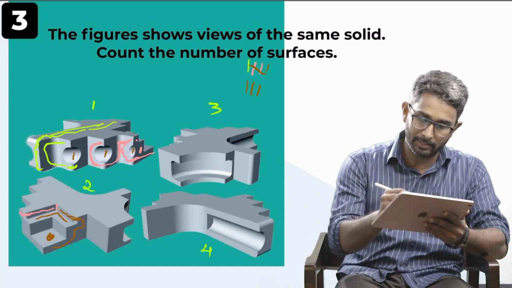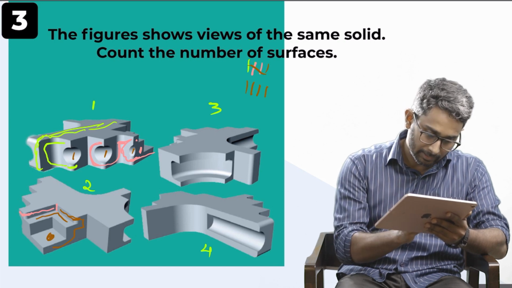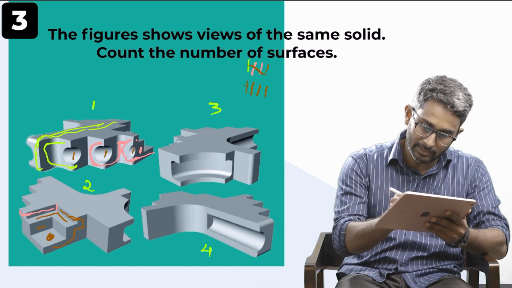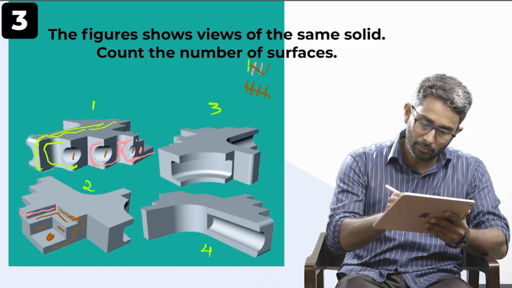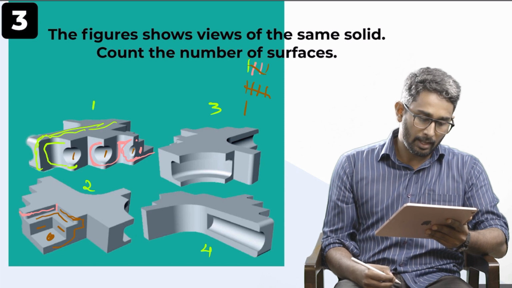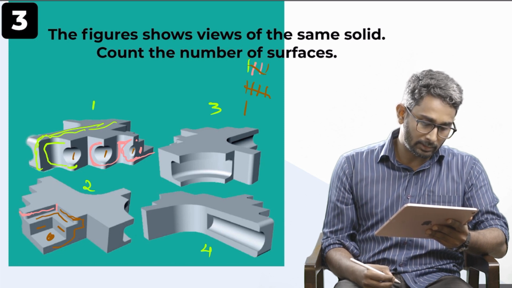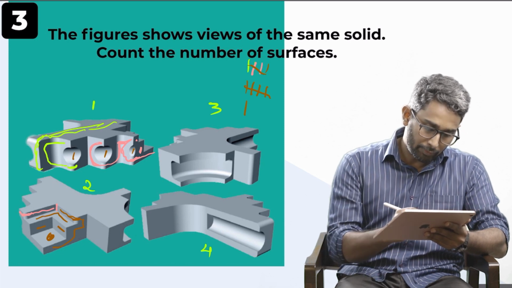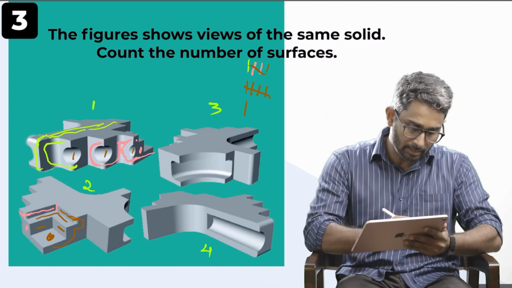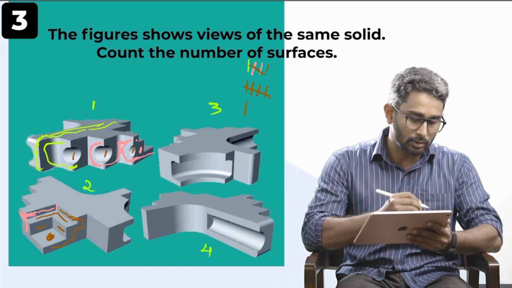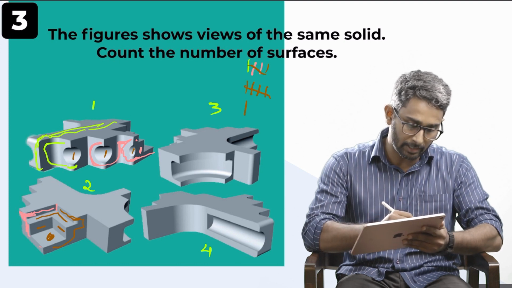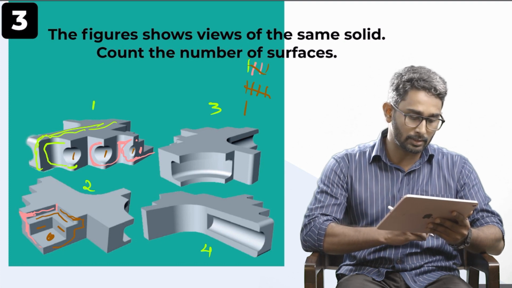This square shape will be another surface. Then this is a rectangle. This surface is also visible, and this surface is also visible. Okay, I think that's all right. Now if you look, this surface is actually the continuation of this surface itself, because there is no solid edge separating those surfaces. So you have to be very careful about counting the number of surfaces.